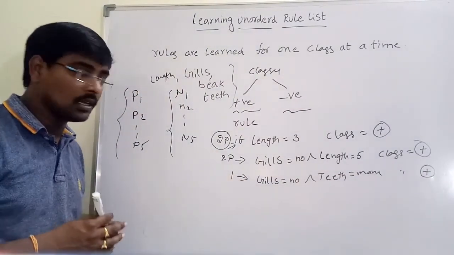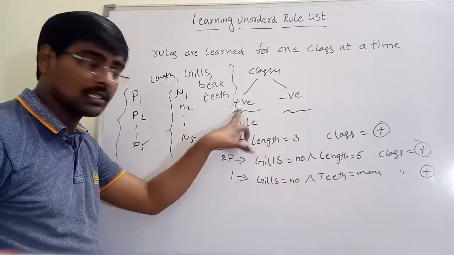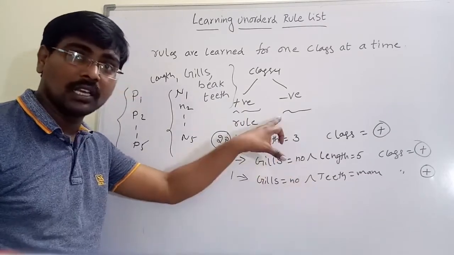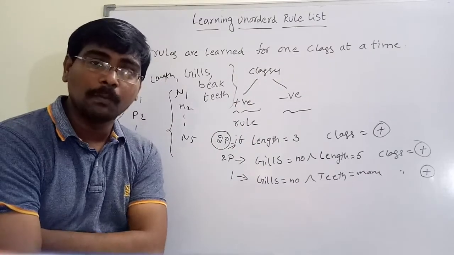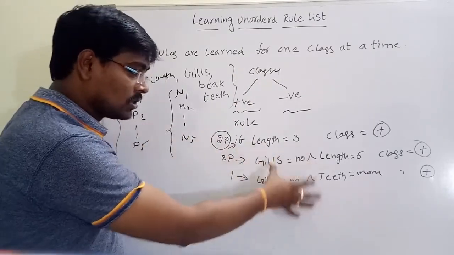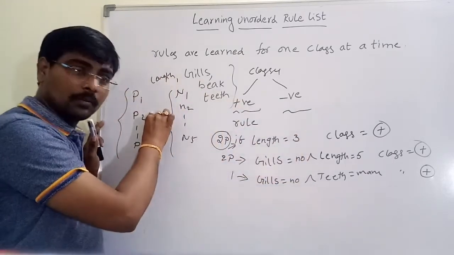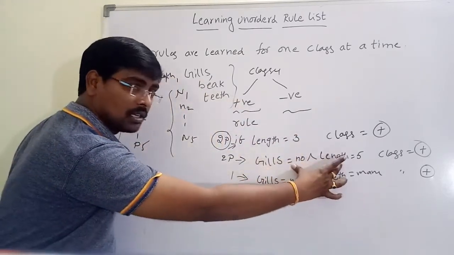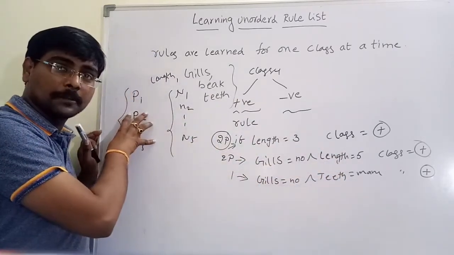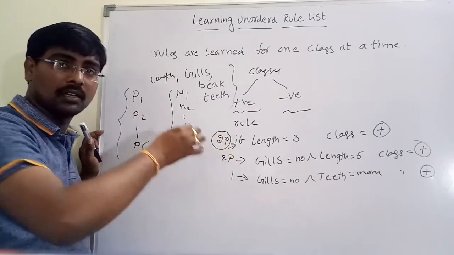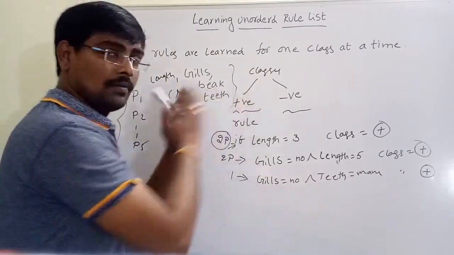What I am doing is defining rules for the positive class. I am defining a set of rules. Here the rules are not in any order. In the previous session the rules were compulsorily in order, but here they are not, because if length is equal to 3, it covers 2 examples; for this rule, it satisfies 2 examples; for this rule, it satisfies 1 statement. So there is no need of any order, that is, no need of any if-else statements. Okay, this is the approach.